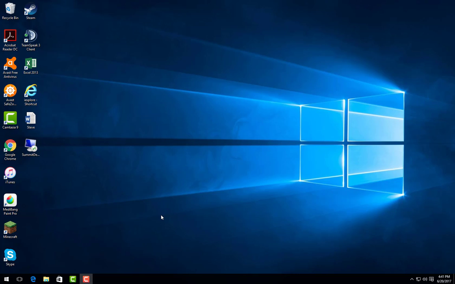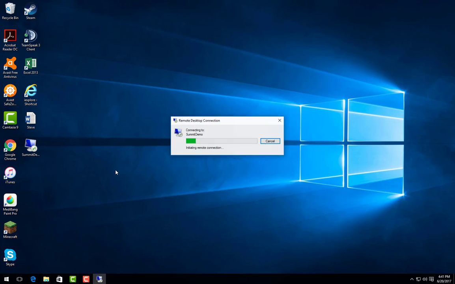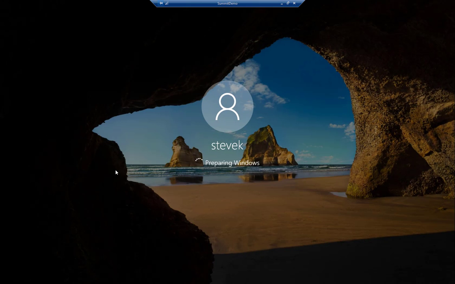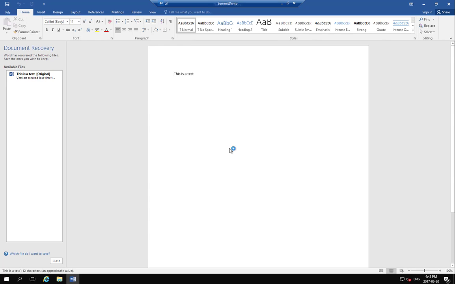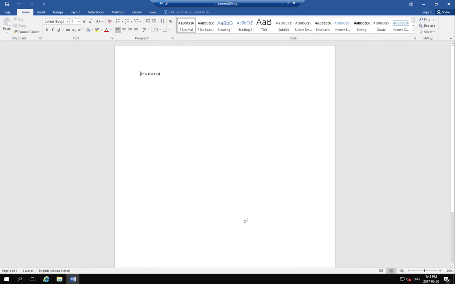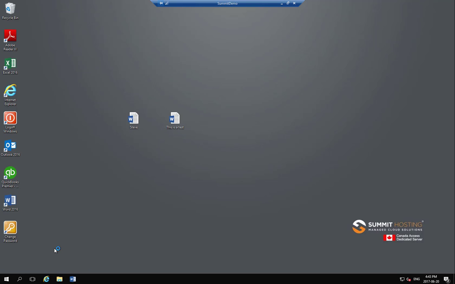Today we're going to show you how to use the Task Manager. It's very simple. We have it set up for you very easily. And we're just going to go ahead and log into the server again. Okay, and I'm just going to go ahead right now and launch Word, so it's in the task manager. I'm going to go ahead and minimize it, and for Task Manager, just come over here to this button